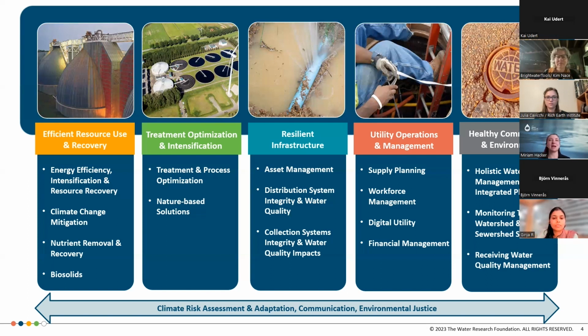Sometimes in conversations we have with folks, there's a tendency to want to silo or move to certain parts of the conversation. But the reality is when we're looking at how we're treating our waste and our wastewater, it can cover both efficiency and recovery, but also understanding how we create more resilient systems. How do we create workforce that can operate and maintain these systems? And then also, how does it protect human health and environmental health? So across these 5 different areas, the foundation has funded about $100 million worth of research for over 20 years.